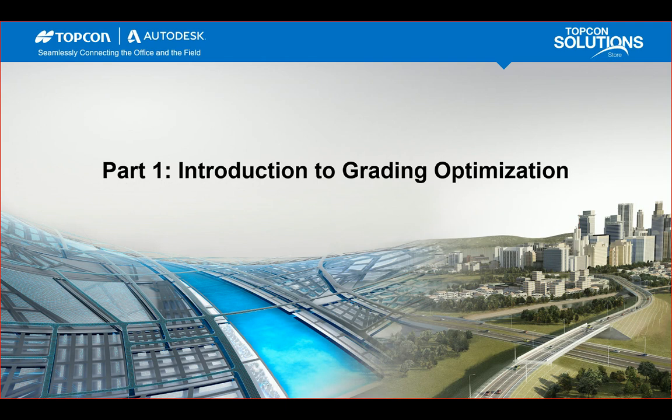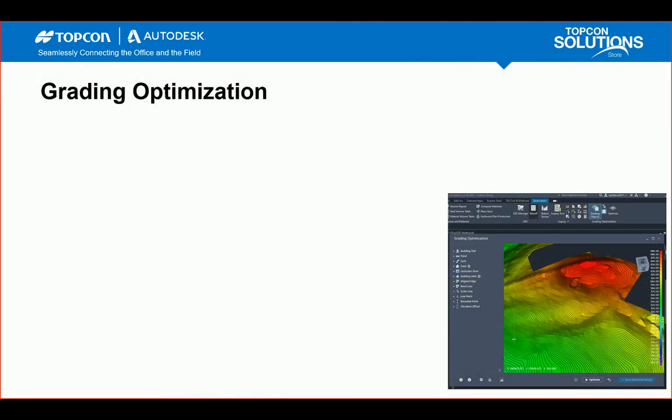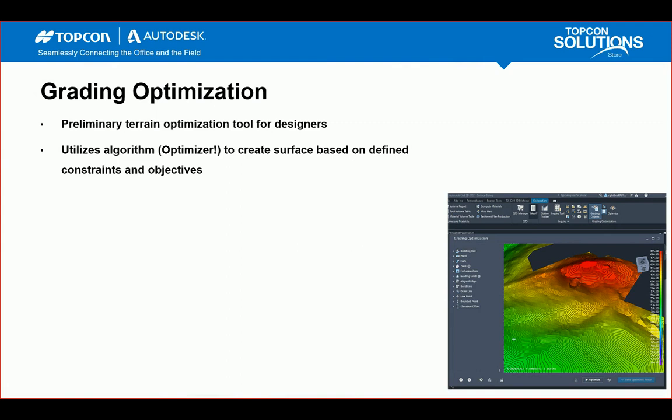Okay, part 1, introduction to grading optimization. So grading optimization, it's a preliminary terrain optimization tool for designers. So one thing that grading optimization really helps you do is that you can start your grading designs earlier in the process. And one thing it does is it uses an algorithm called an optimizer to create surfaces based on